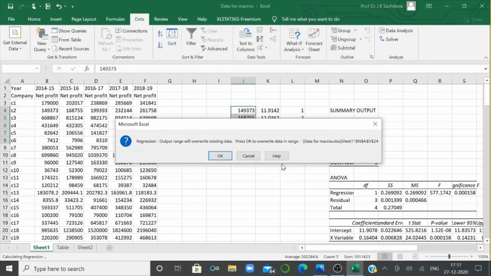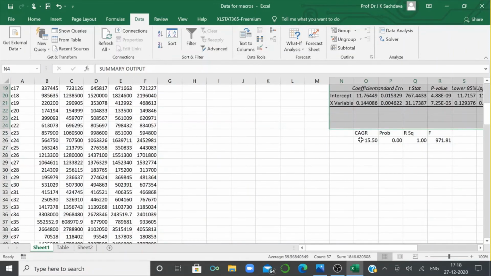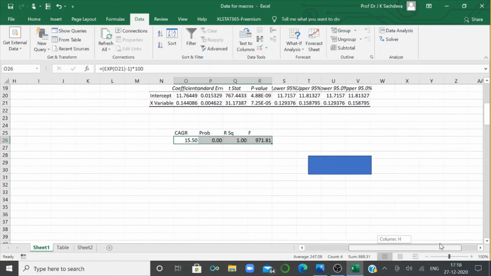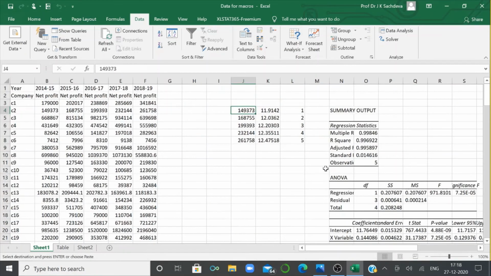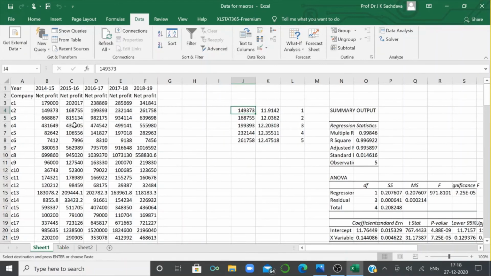Everything is the same, but it will ask you about overwriting it, yes. And now these are new values, and we will press the button. Now let us see whether the values have been copied. Yes, it has been copied under company 2. Let us see company 3 now.